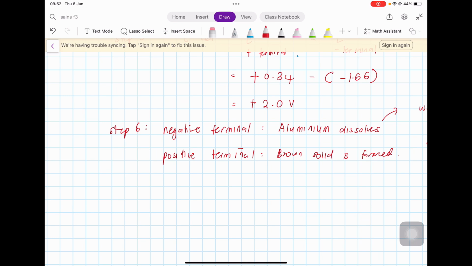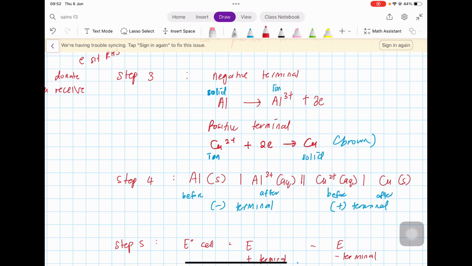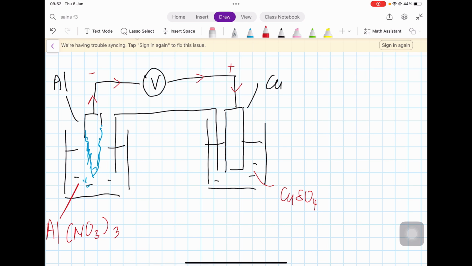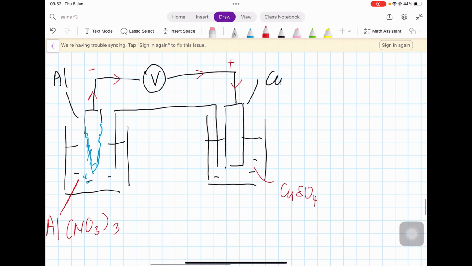And then there is another observation you can see. Earlier you saw the ion become solid. Imagine we zoom in here. In this copper solution, this electrolyte, there are copper ions. Right? What colour is copper ion? Copper ion is blue. Now imagine, for example, there were 4 copper ions, and they received electrons and became solid. Imagine these two became solid, let's say. So now what is left? Only 2 left. Meaning earlier there were 4 copper ions, but now only 2 are left. So what you can say is the blue colour